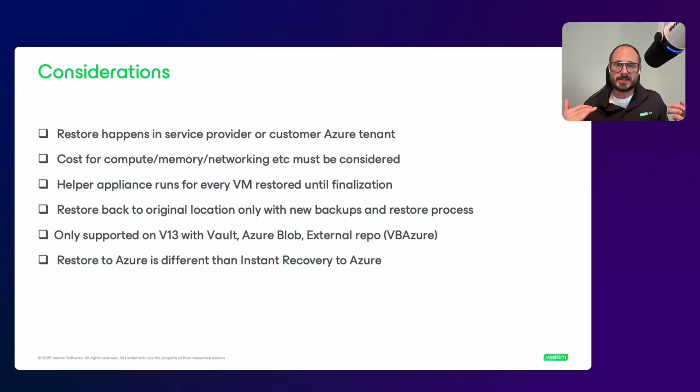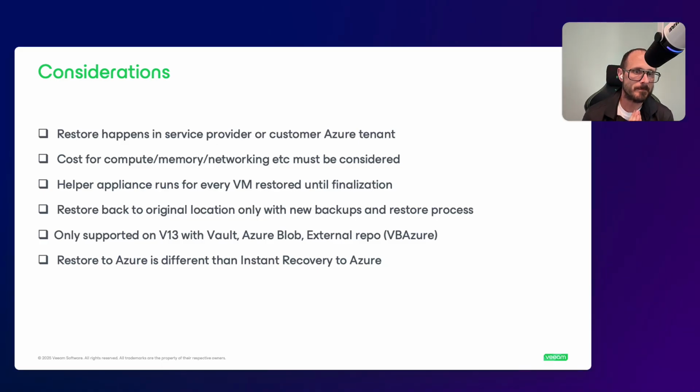Also, if you decide to finalize this process and restore it into Azure, and you want to bring it back, you'd have to reverse the process. So you could use Veeam Backup for Azure or a Veeam agent, back that up, and then do recovery to VMware, recovery to AWS, or wherever it originally came from. This is only supported for version 13 and later. With Vault, you can have your own Azure, or you can also use the external repository for Veeam Backup for Azure, which also supports Vault. And of course, I recommend Vault because it's easy, it's simple, it's managed by Veeam